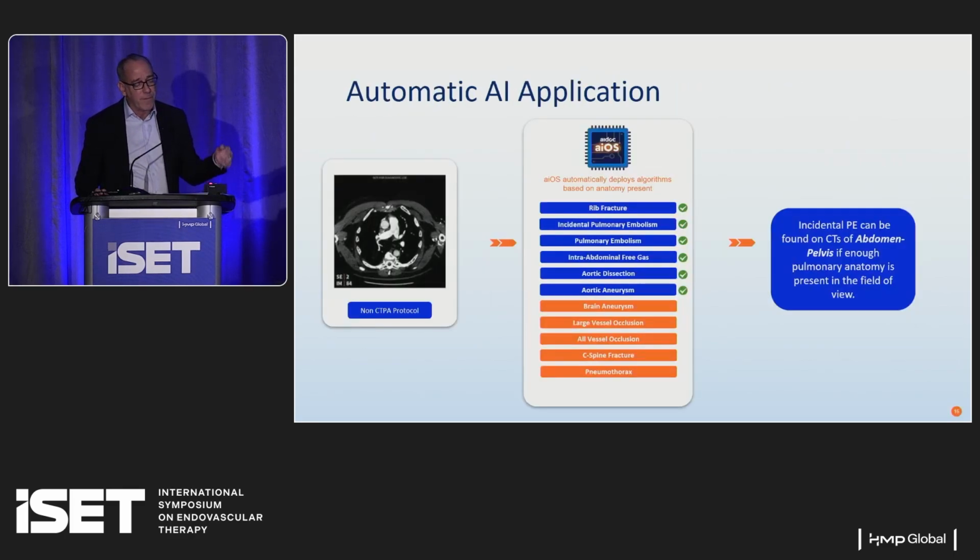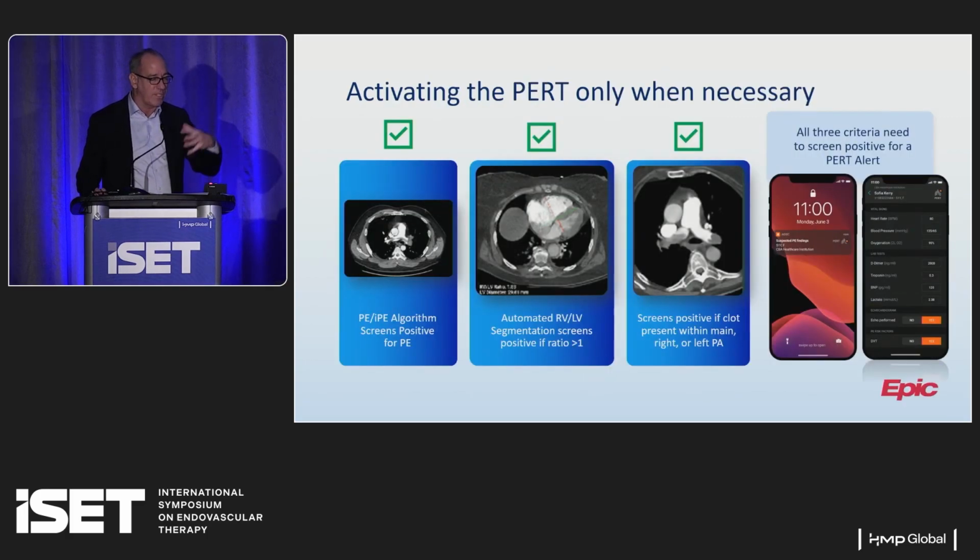All this information is curated and aggregated, and you can have it sent to your desktop or your email, so you have all the data about all these patients, which obviously leads to improved care. We program the notification so that, to reduce notification fatigue, we're only notified for a central clot in the main or lobar branches, or a saddle, with an RV to LV ratio greater than 1 with positive biomarkers.